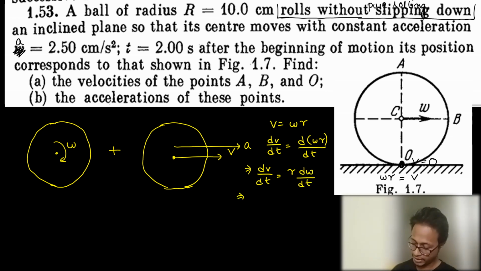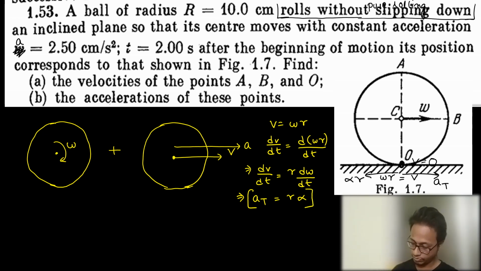What is dv by dt? Is nothing but acceleration. What is d omega by dt? Is nothing but angular acceleration. So what I have effectively proved out here is that the tangential acceleration out here will always be equals to the rotational acceleration out here. Or I have simply proved this relation: the acceleration out here is equals to r alpha for pure rolling motion. Okay,